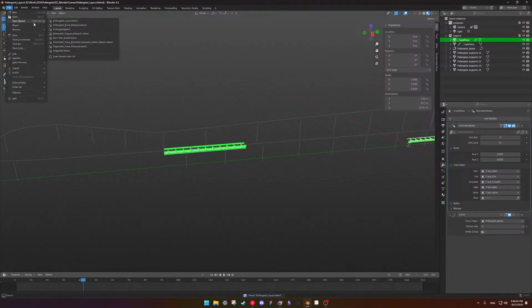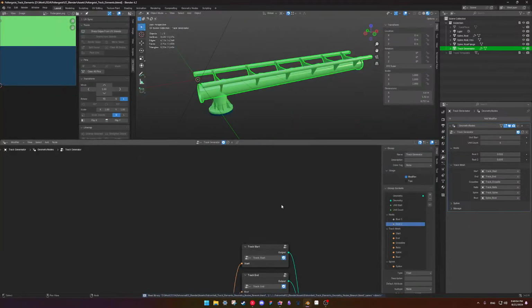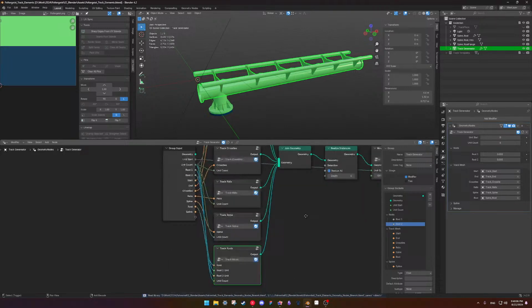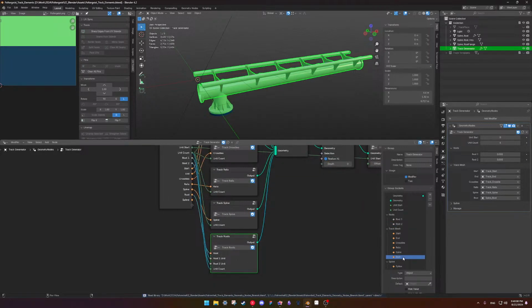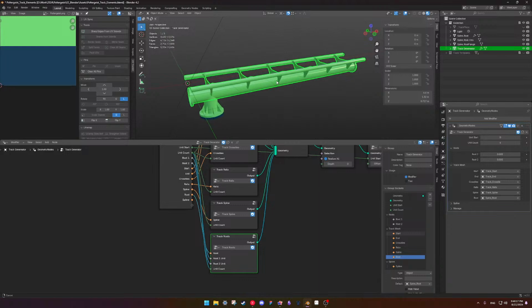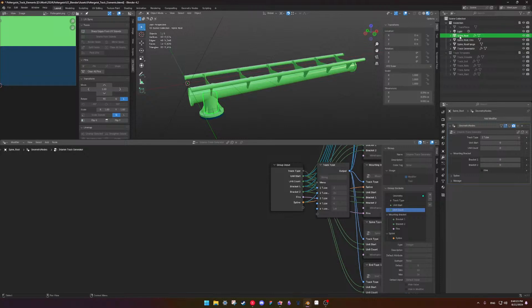Let's go back to the other file. Root. Rack root. Put that in there.